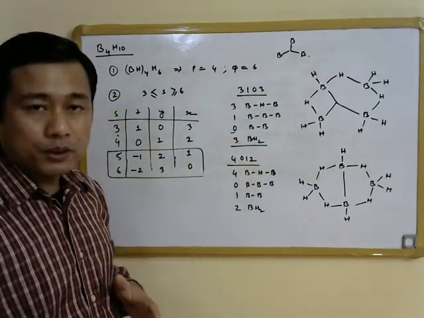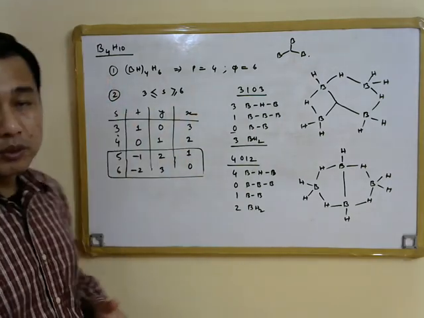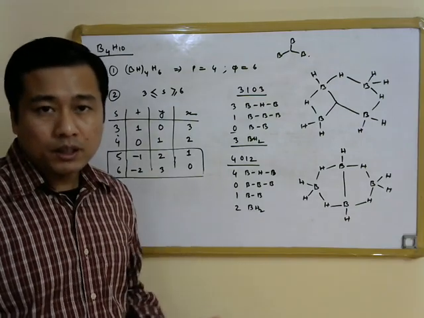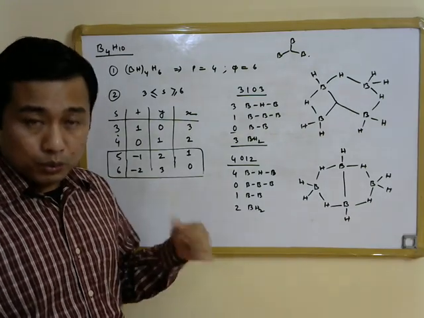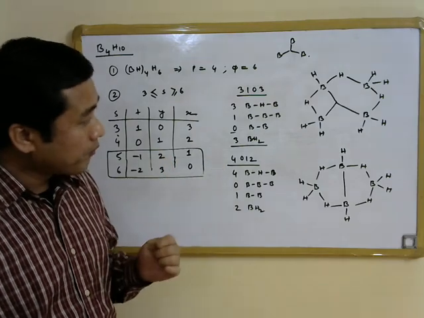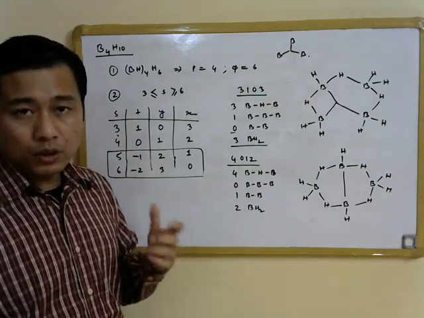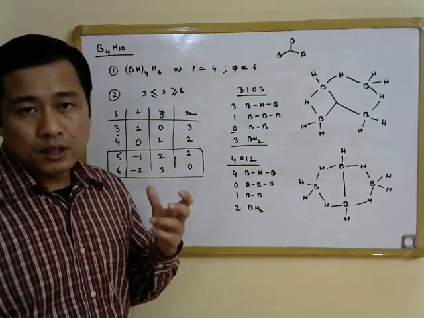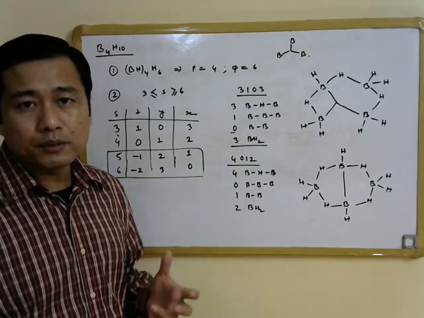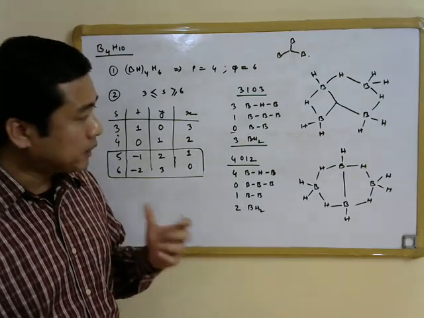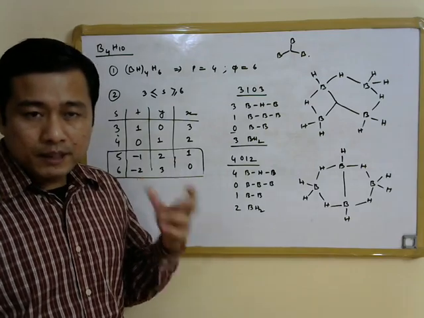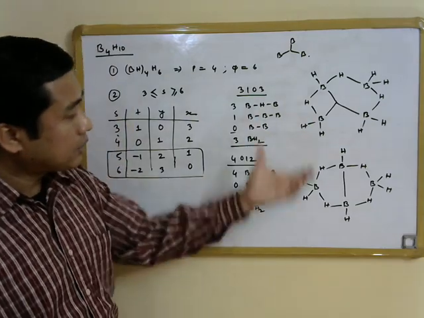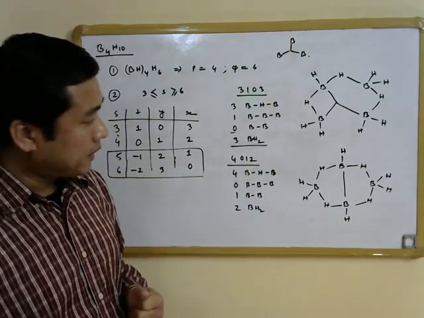Now one of these Styx codes or one of these structures is correct for B4H10, and which particular structure is going to be correct, that we can find out by using one of the empirical laws or rules for deducing the Styx code. And the second empirical rule says that most of these boron molecules have two-fold symmetry. That is, they must have a C2 axis of symmetry, and if you look at which of these structures have a two-fold axis of symmetry,